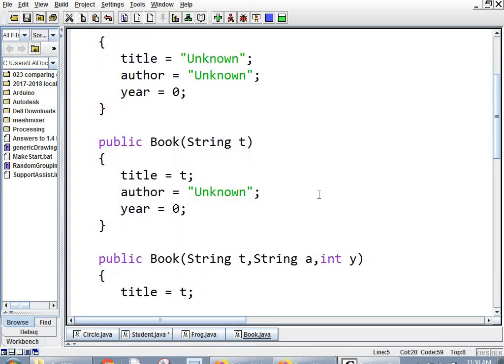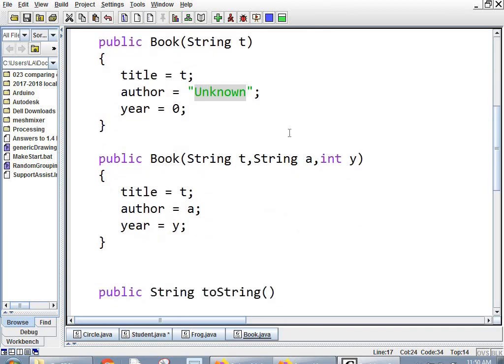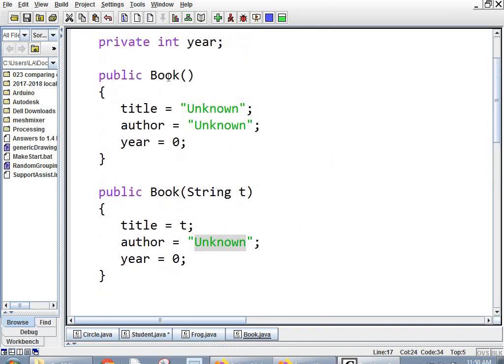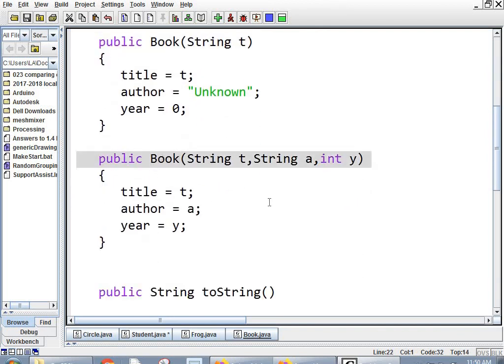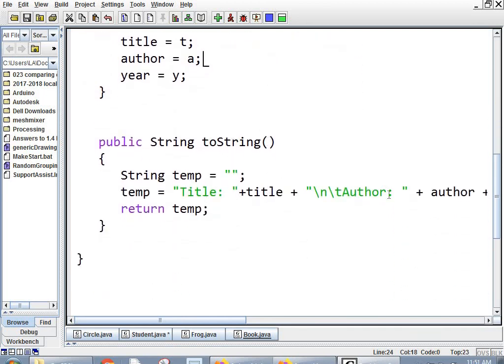And then here's you're creating a book where you just know the title. And it sets the other one as unknown and 0. And then here's a book where you create it knowing the title, the author, and the year. And it sets everything. So that's constructor overloading. These are all 3 constructors. I mean, you can have more than 3 different ways to do it. And then we have a pretty little toString that prints everything out nice. So that's just a little tour of 5